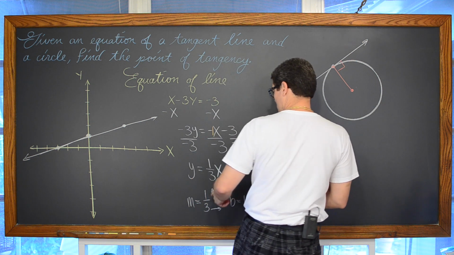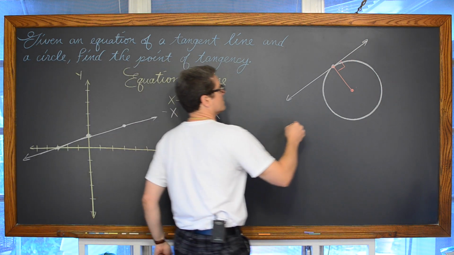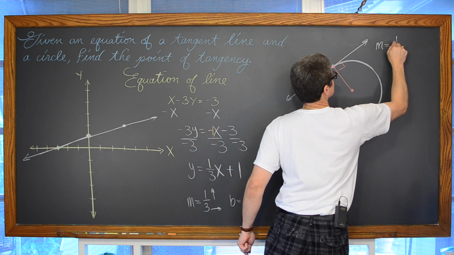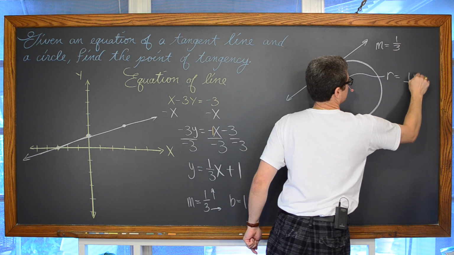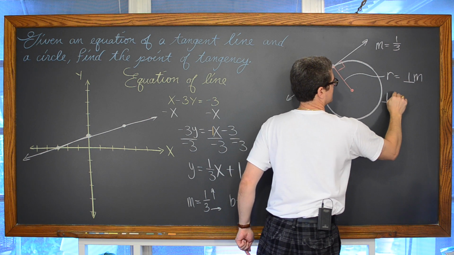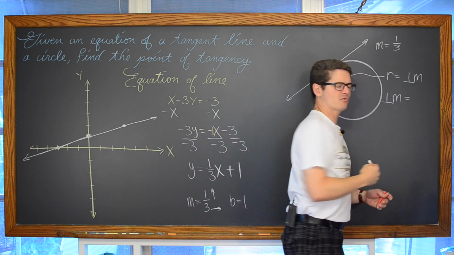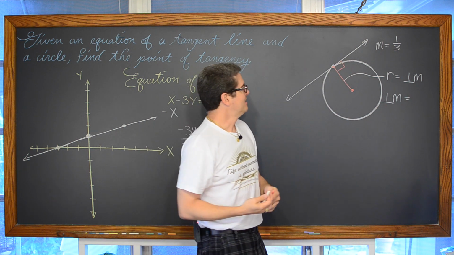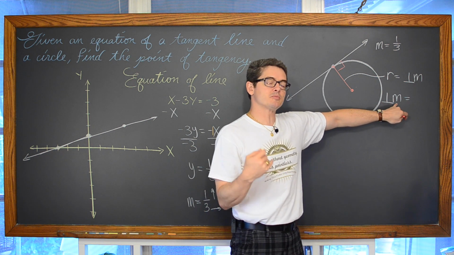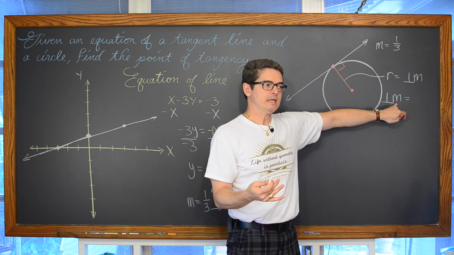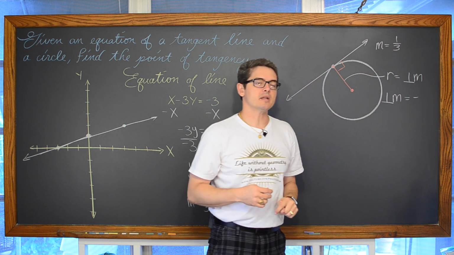Now let's see here. The slope of this tangent line that was given is equal to 1/3. So this radius, which is going to have a perpendicular slope, that's a math symbol, of course, for perpendicular. I hope you remember. If you've not seen that before, that does mean perpendicular slope. Perpendicular slopes are opposite reciprocals. Opposite means change the sign. So this slope is positive, our perpendicular slope is negative.